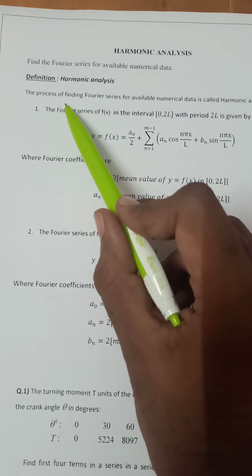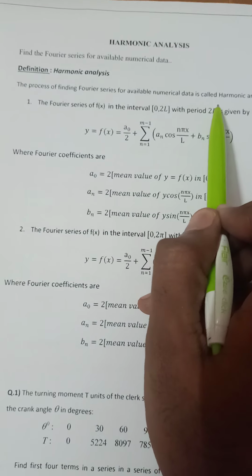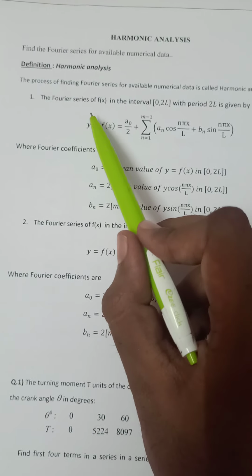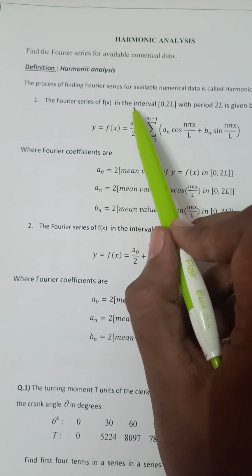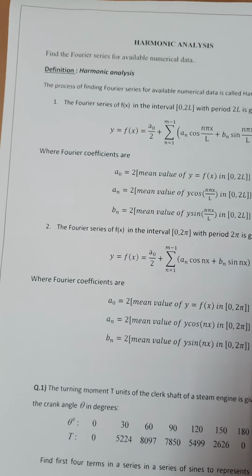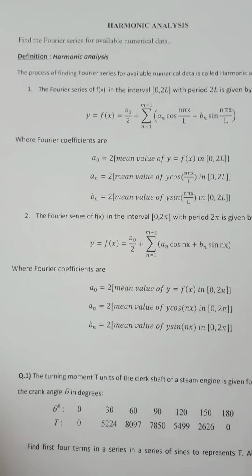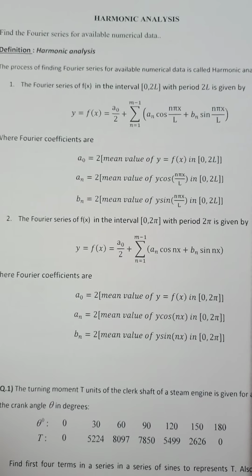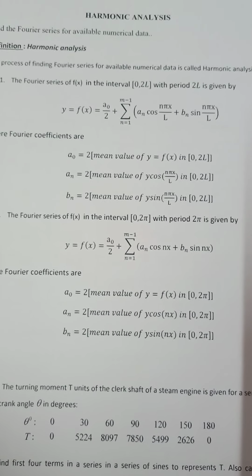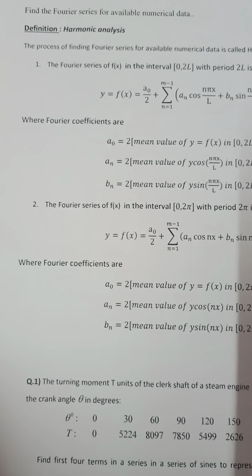Harmonic analysis is nothing but the process of finding the Fourier series for available numerical data. We know that the Fourier series f(x) in the interval 0 to 2l with the period 2l is given by y = f(x) = a0/2 + summation n from 1 to m-1 of an cos(n pi x/l) + bn sin(n pi x/l),